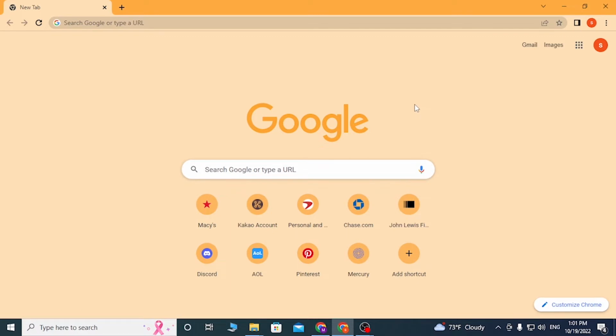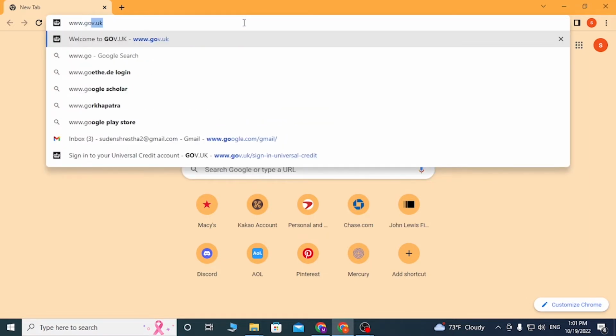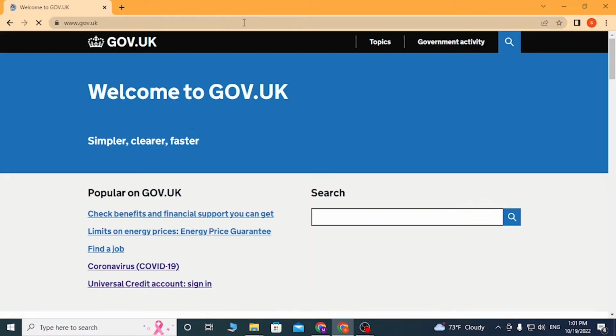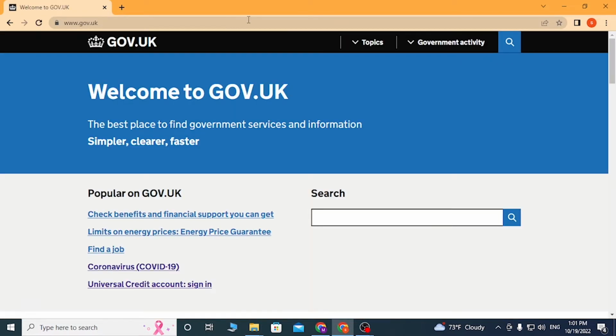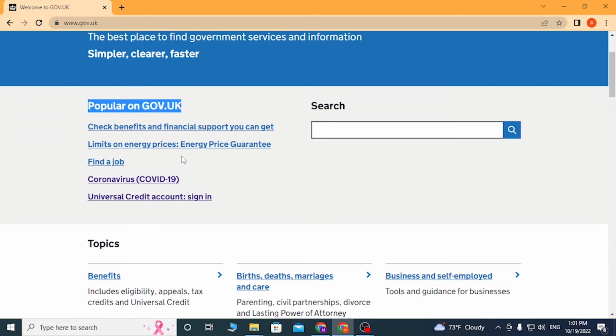Now, to log into your Universal Credit account on your computer, first open up your preferred browser. As I have already opened Google Chrome, in the search box click over there and type in www.gov.uk like this and hit enter, and then you'll be redirected to this page, which is the home page of the Government of United Kingdom. And when you scroll down, you can see the popular on gov.uk, and it says the